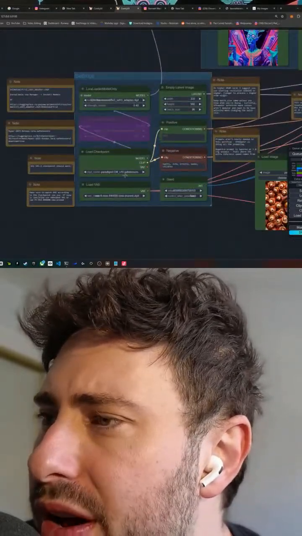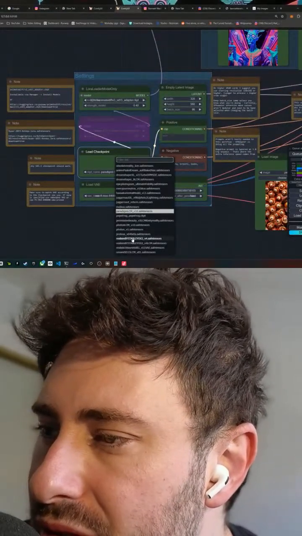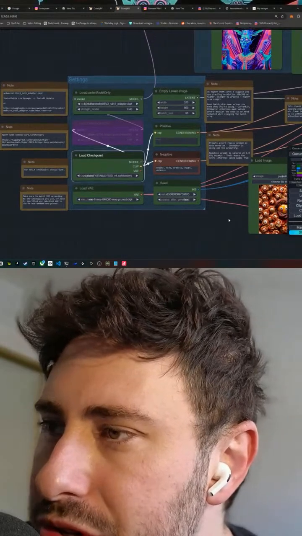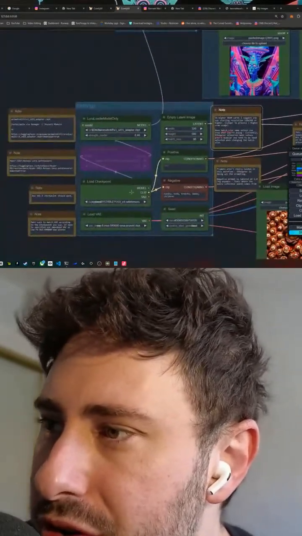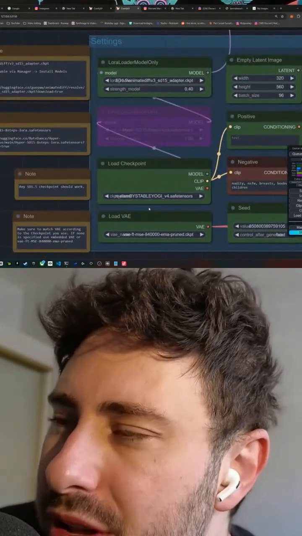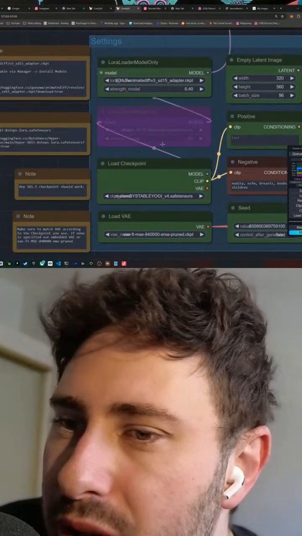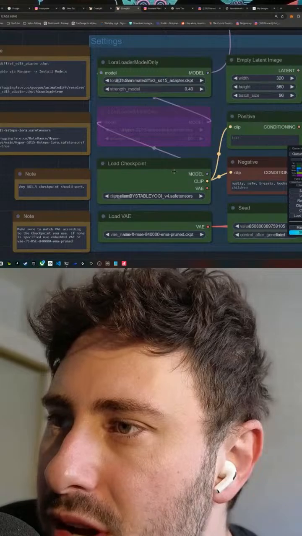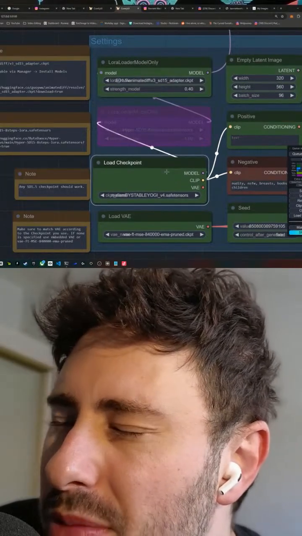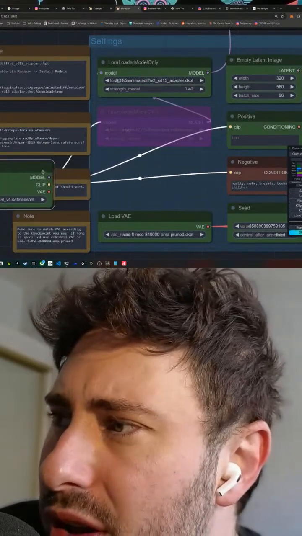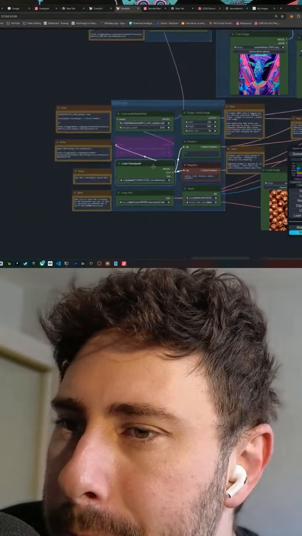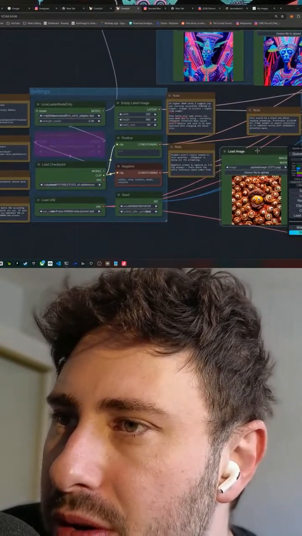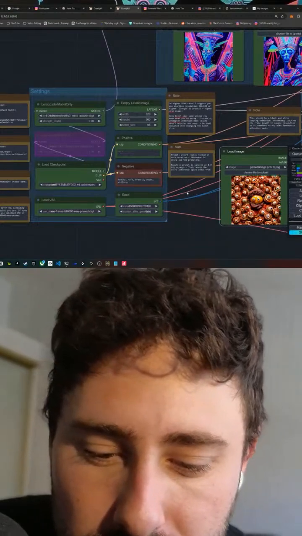So I'm going to play with the actual settings to make something cooler. I'm going to start by shifting my model over to my favorite one of the moment, which is called Realism by Stable Yogi. Models are also known as checkpoints, which is typically the very first step in any workflow on Comfy: to load in the model that you'd like to use. And from there, it branches out into wherever else it needs to go. It's a really quick glimpse into the process. Starts with the model, goes from there.